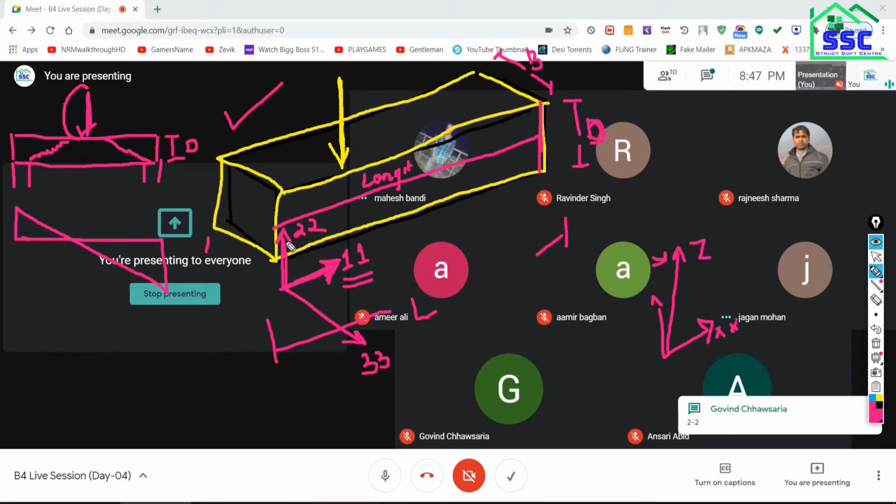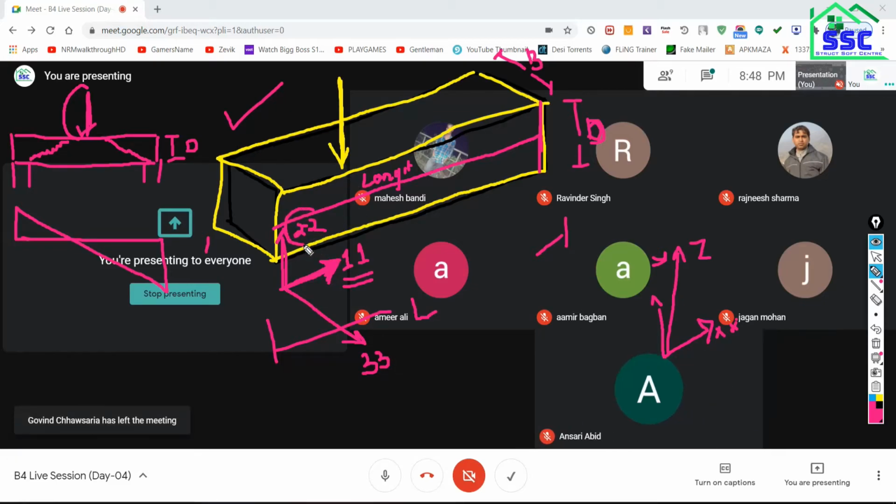To see the shear force, 2-2. No doubt there will be shear force along 3-3 also, but that will be a minor force. The major dominant axis will be 2-2. The dominant direction will be along the depth.